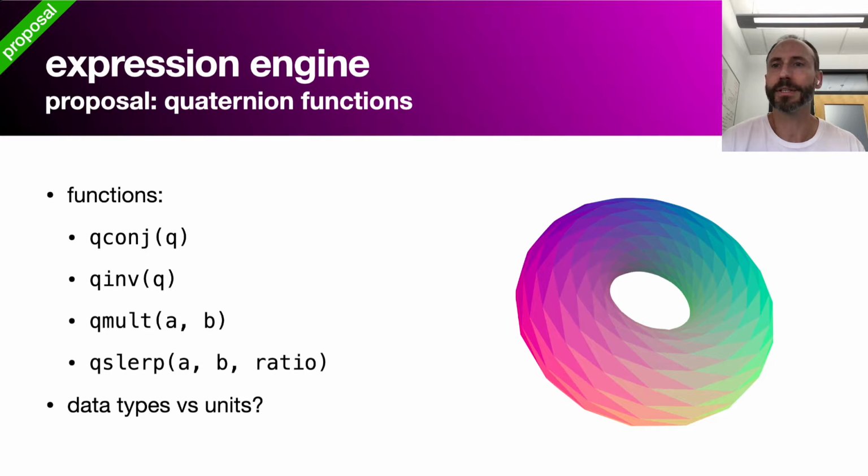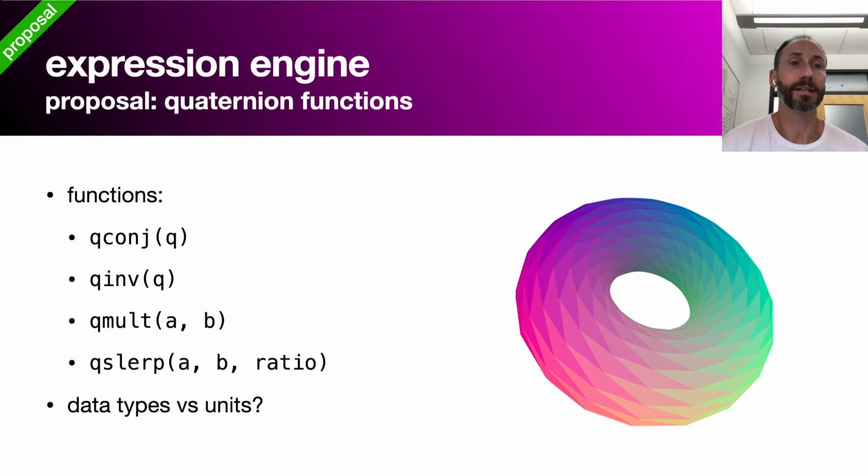interpolations potentially as well. So I propose that we add some functions to the expression engine, including conjugate, inverse, multiply, and quaternion slope, and perhaps rotation as well, though we could do that with multiply, for example. This is already implemented in a branch if you want to check it out,